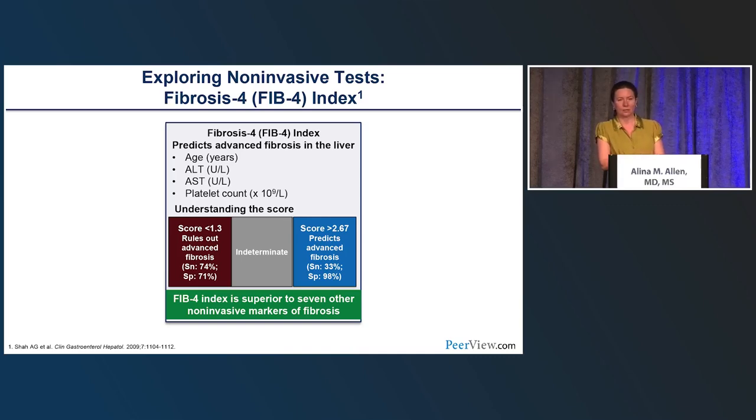So remember, we talked about that low positive predictive value of this higher cutoff. About half of the patients in most studies are in that gray zone or indeterminate, where we don't really know where to place them. So we need another method of non-invasive estimation. So it is not perfect, but it is accessible by any non-hepatology provider, and it is the best that we can do currently in clinical practice.